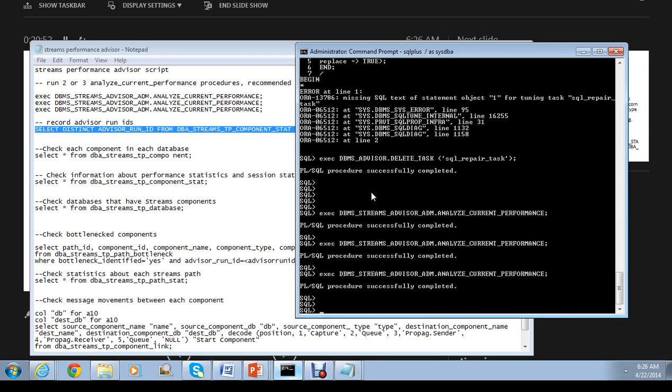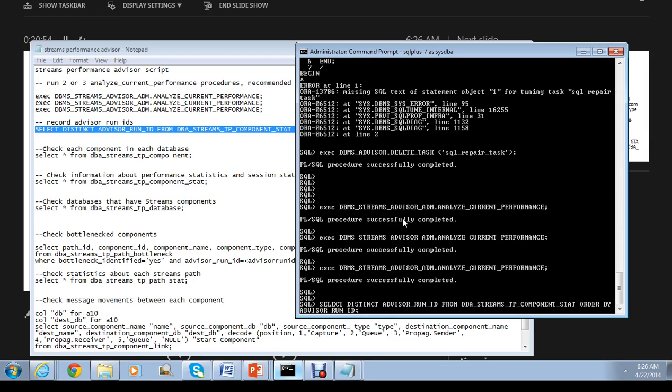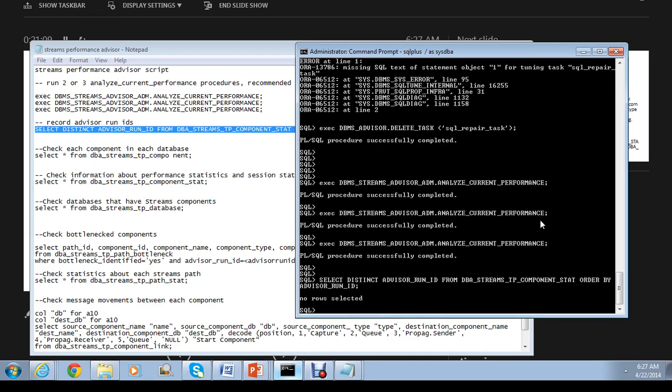What I'm going to do is run the script, and this is what you would typically do after running these three analyze current performance calls at various increments. So again, this is not unexpected, as I just told you. But if you had streams, then you would show advisor run ID 1, 2, or 3,